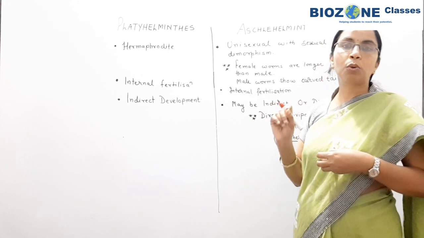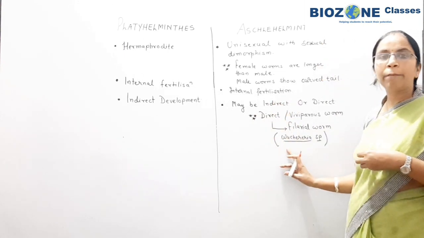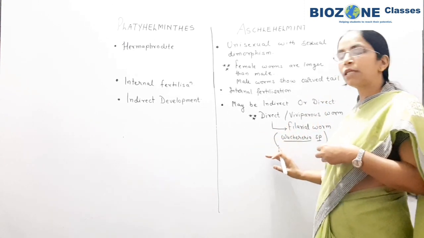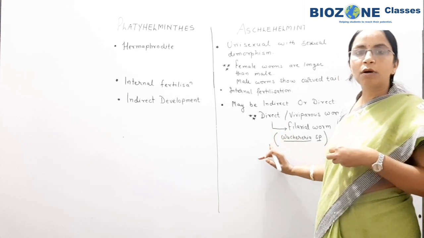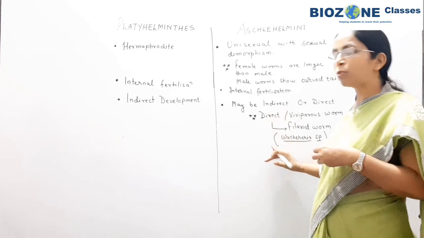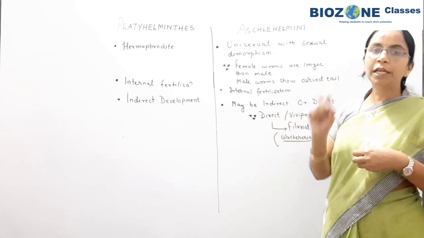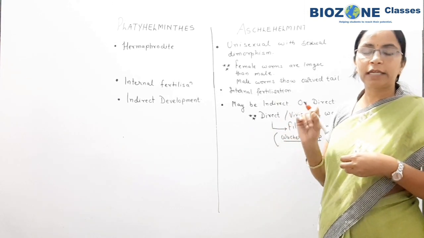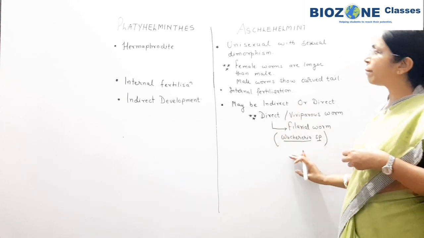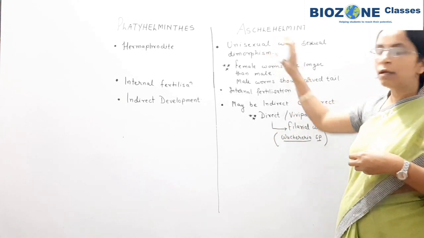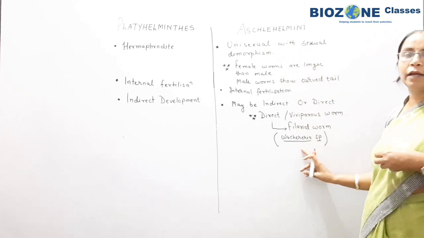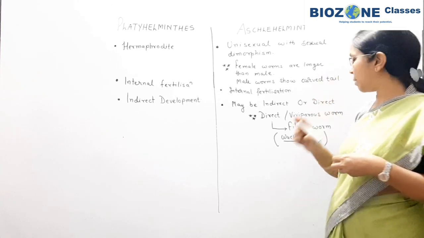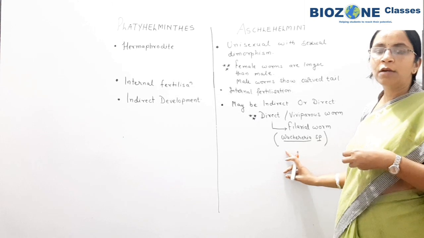So it is quite easy to score good marks, because you are studying the example in 11th, in Aschelminthes, but at the time of 11th class study, even teachers do not explain the importance of Wuchereria and how it causes an infection, because you study that in class 12th. But now you are giving the NEET exam, and the exam includes the syllabus of both class 11th and class 12th. So if you study the filarial worm in Aschelminthes, you again recall that paragraph of the class 12th human health and disease chapter regarding the filarial worm.